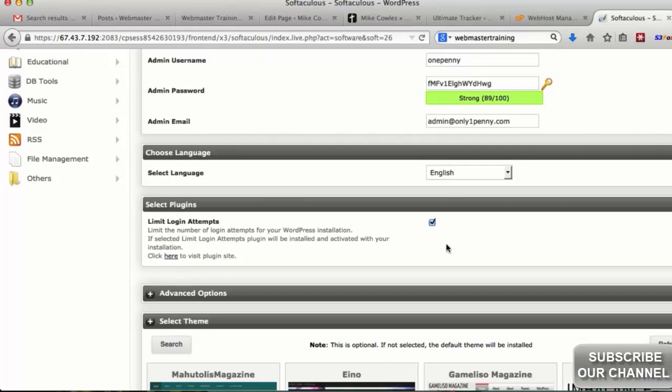Then we scroll down here, and then you're going to see the Limit Login Attempts option. You want to click on that because if you don't do this, then when somebody uses software to hack into your site, it will make it very easy for them. But if you limit logins, what will happen is each user will get a limit of 3 login attempts, and then they have to wait for 10 or 20 minutes before they